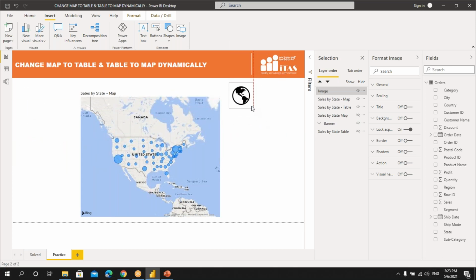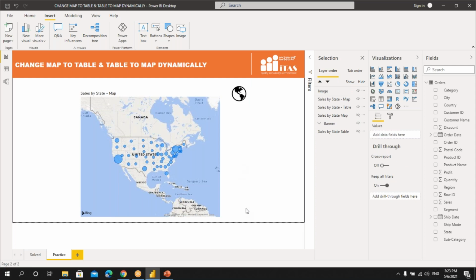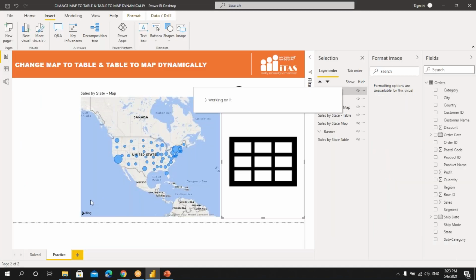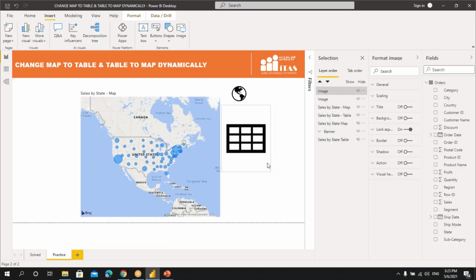You can resize this however much you want, whatever size you want. We'll keep it here like this. Next, let's take the table button and say OK. Now I'll resize this button as well. Right, now the buttons are ready.